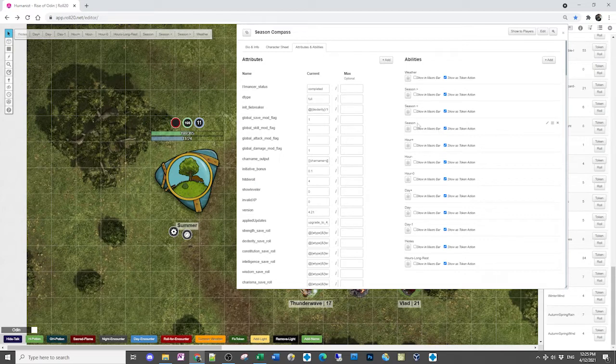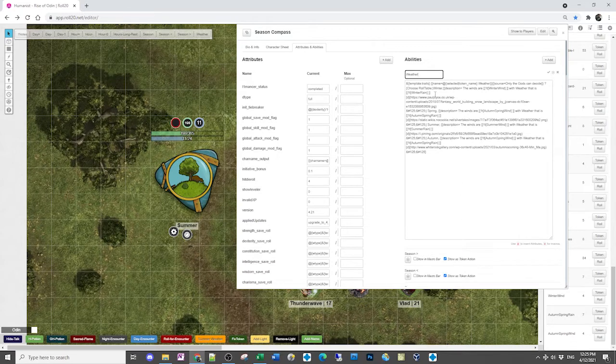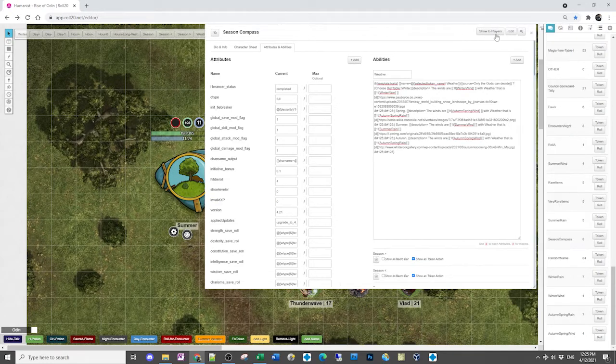Right, let's now jump to our weather. So this weather is interesting. This is technically just another question, right? I start off with the name and I've got the selected token name weather, and that way because it says summer here, when I drop this into chat, when I play this,